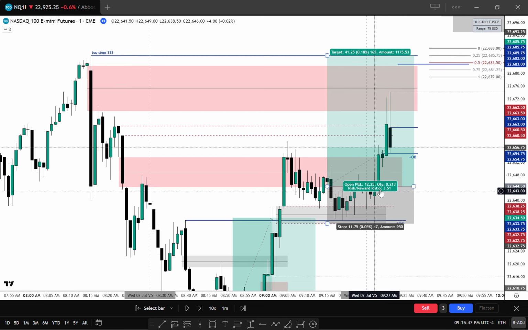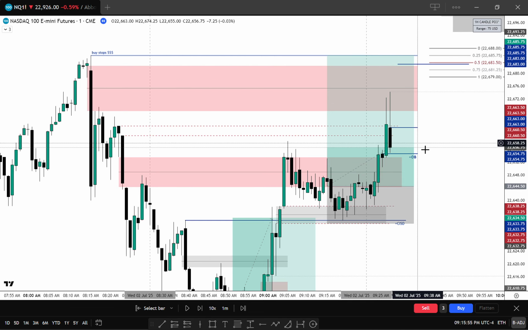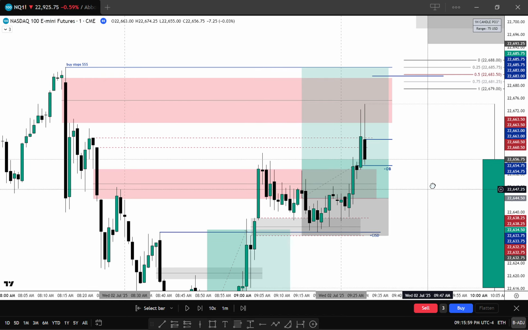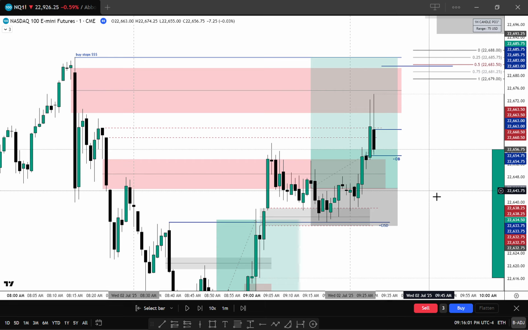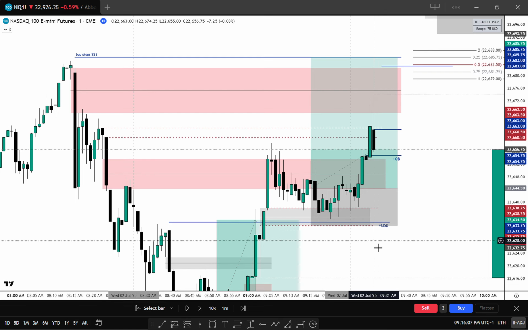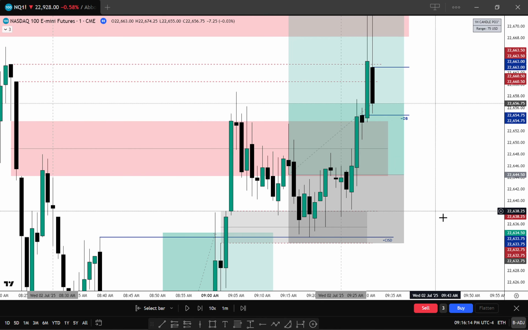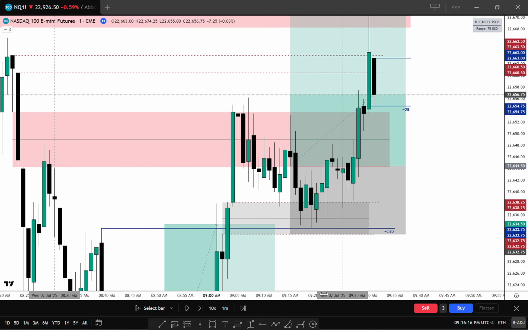Some people argue that it doesn't matter if you get stopped out 10 times, because with the risk to reward model, if I have very tight stop losses, I can make back all my losses in one trade. And that is going to depend on your own model. For some people it works. For some people it doesn't work because they can't handle it psychologically. Because if they take 5 losses in a row with really tight stop losses,